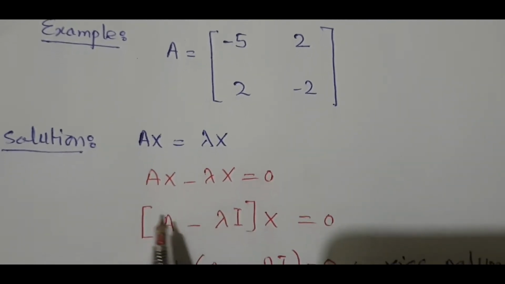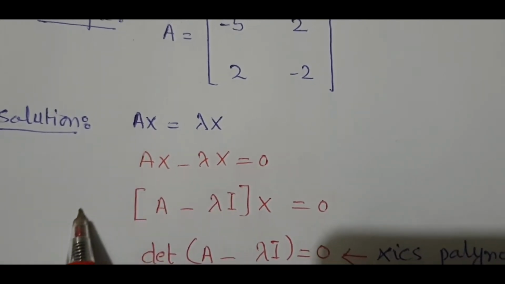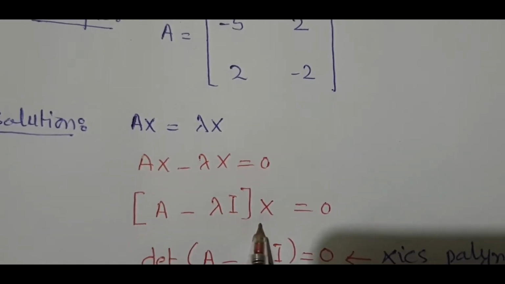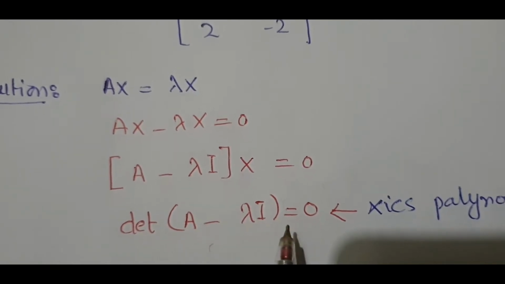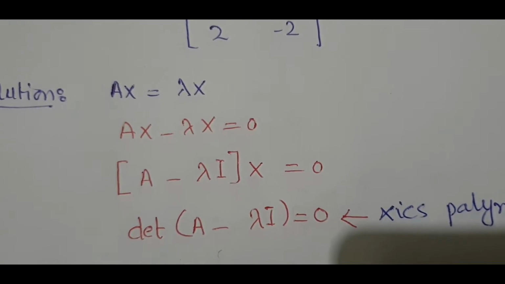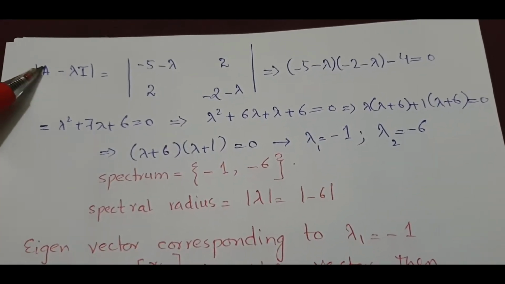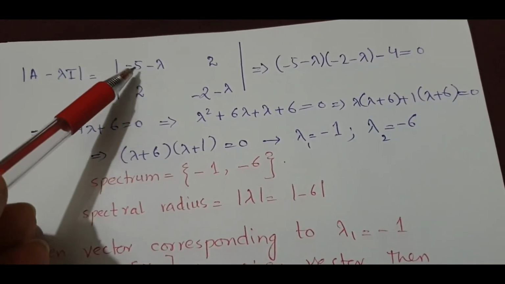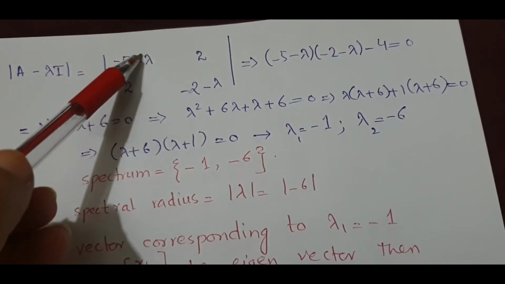Then I will generate the characteristic equation. How will I generate it? By taking the determinant of this coefficient matrix. The roots of this characteristic equation will give me the eigenvalues of the coefficient matrix A. As can be seen here, I have written A − λI, which is equal to the matrix with entries minus 5 minus λ, where I is the identity matrix.